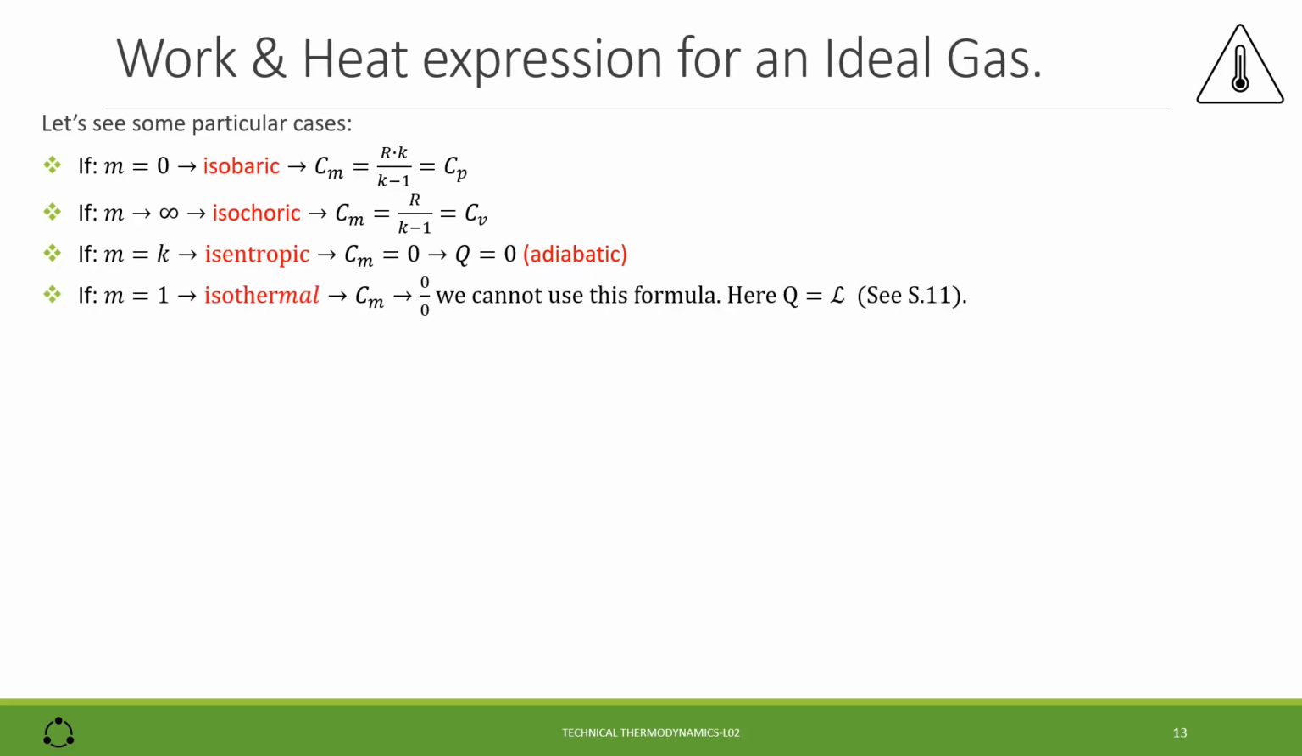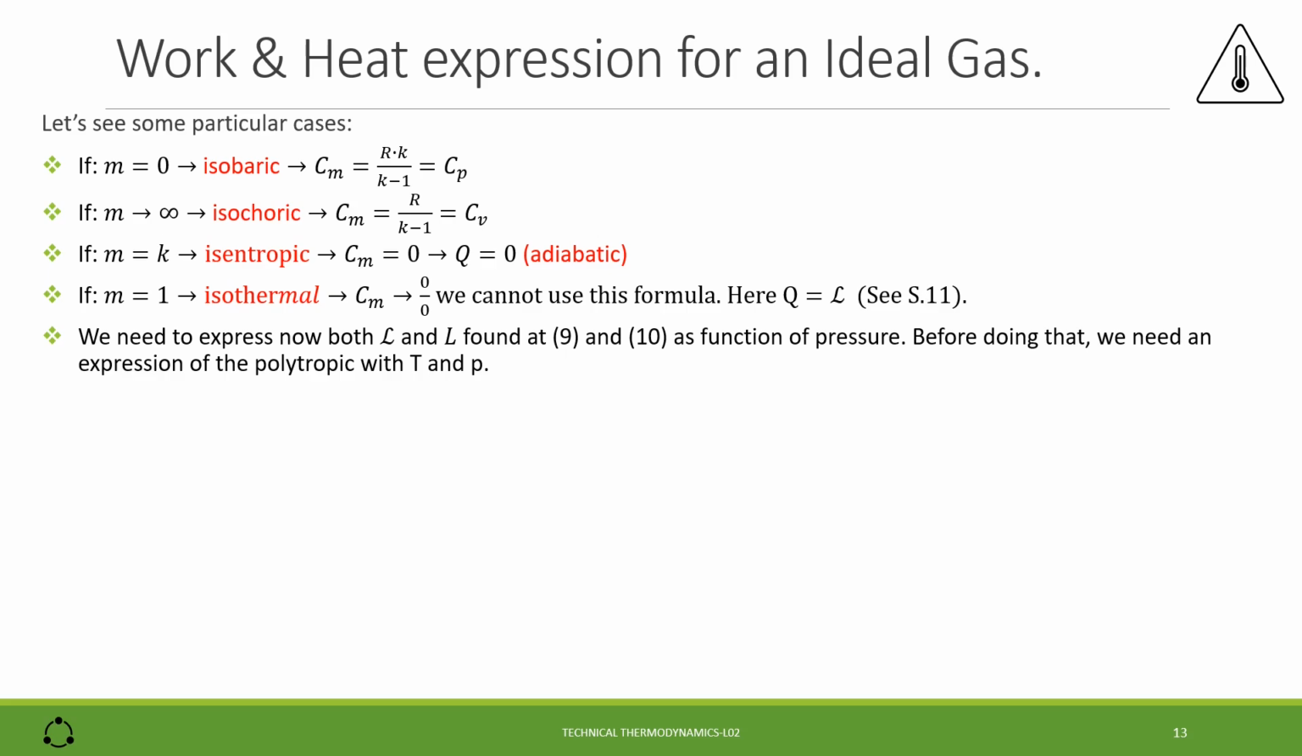If M equals 1, the transformation is isothermal, and Cm goes into an indeterminate form, so we cannot use this formula any longer. However, we remember that in this case the heat equals the work, as seen in slide number 11. So we can use for the heat the same expression found for the work. We need now to express both the thermodynamic and technical work found at the formulas 9 and 10 respectively as